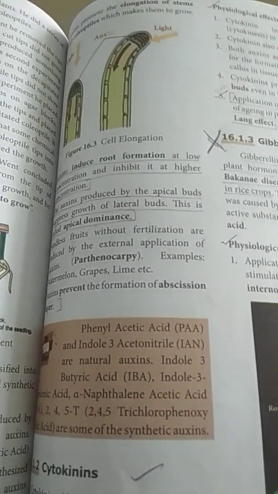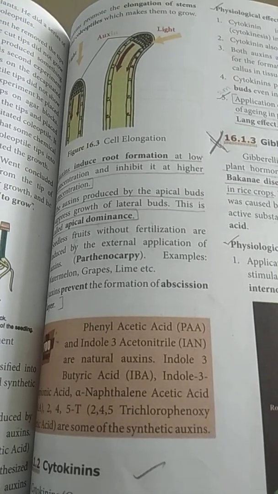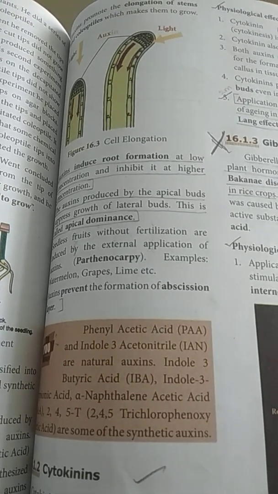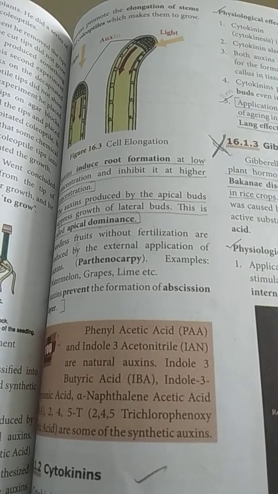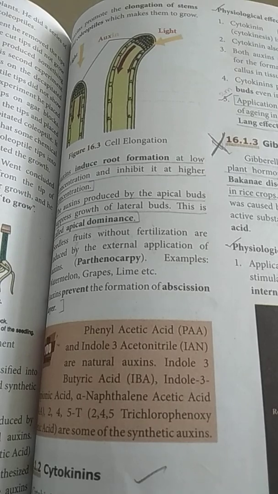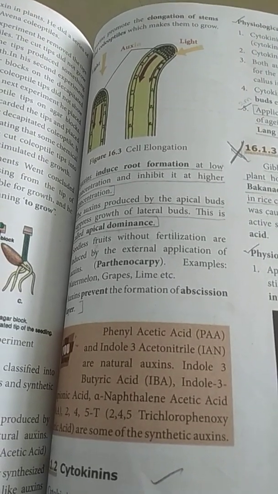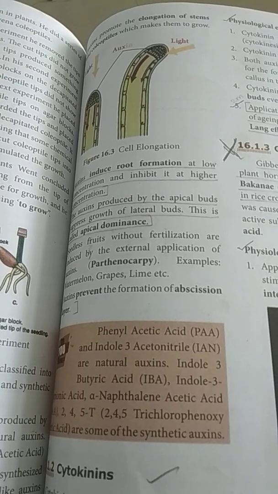So what are the plant hormones we have seen? Auxin, cytokinin, gibberellin, abscisic acid, ethylene. Then auxin, it helps for growth. So how does it help growth? Who identified auxin? Went's experiment we have seen. There are two types of auxins, natural auxin and synthetic auxin, and the physiological activities are seen here.